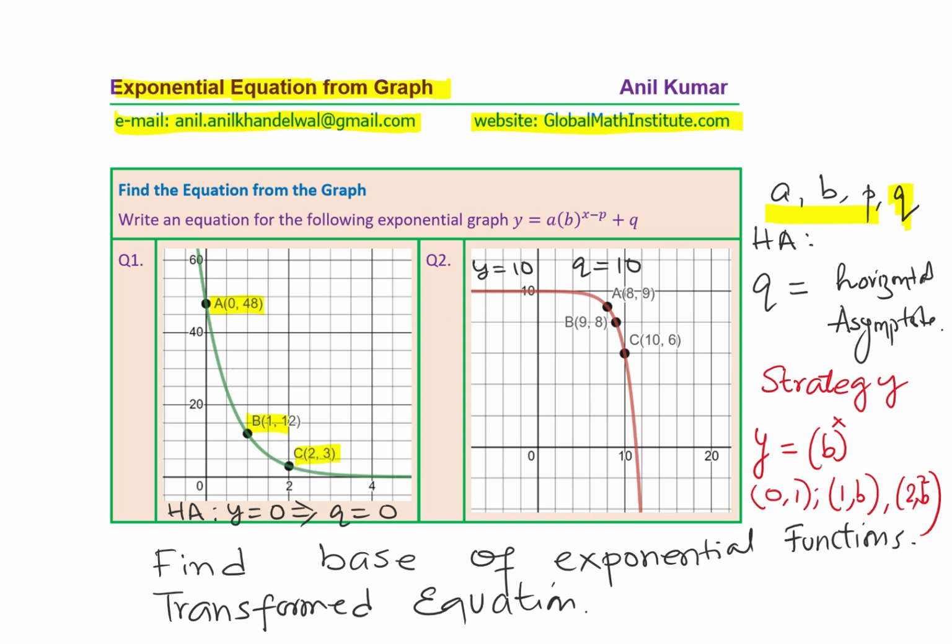However, let's look into the first situation. In the first situation, what do we notice? Well, the x values are the same: 0, 1, and 2. So here we notice that there is no horizontal translation, and therefore we say p equals 0. Correct? Since there is no horizontal translation,